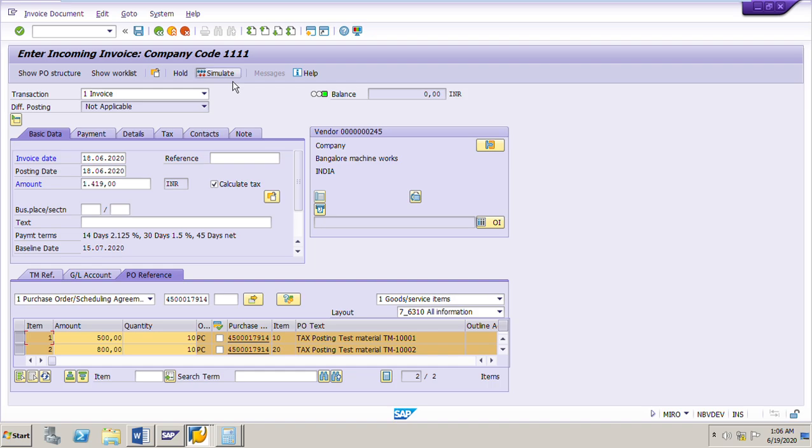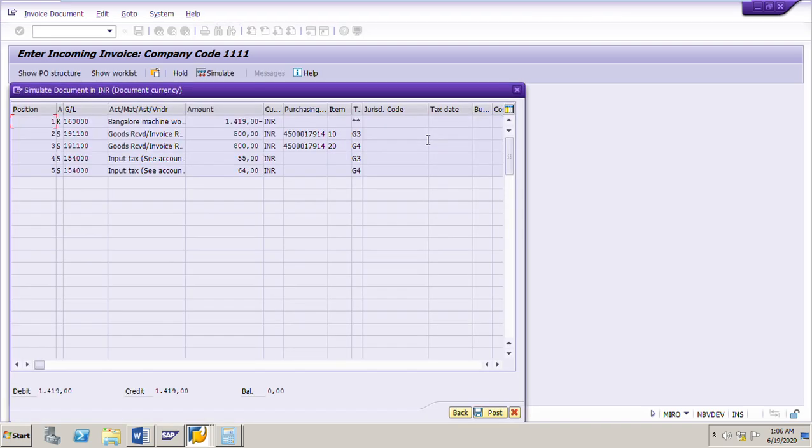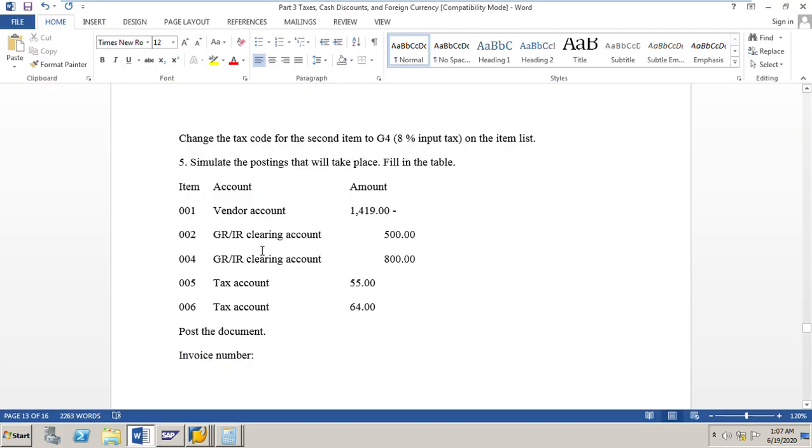I will simulate. If I simulate, I can see the different amounts recorded and updated in the different GL accounts. For the vendor, it is the total amount, material cost plus tax, 1419, which I had to enter here. So simulate the posting and fill in the table.